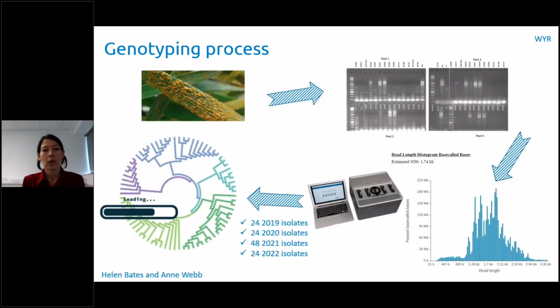So I just wanted to show you the genotyping process. So we actually extract DNA from the leaf samples, and then we use PCR to amplify 242 genes. These are then pooled, and the libraries are sequenced on the GridION, and the GridION uses long read sequencing technology. And then we can produce this phylogenetic diagram, and there's a simplified diagram of that on the bottom left-hand side of your slide.